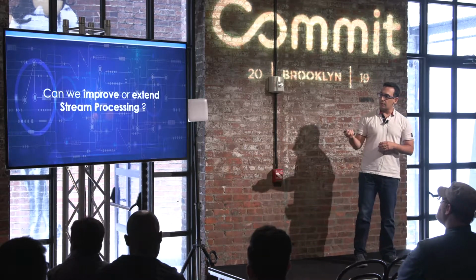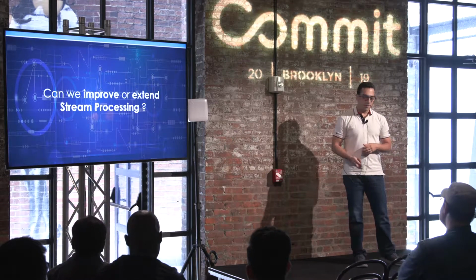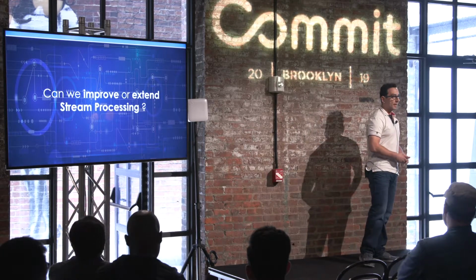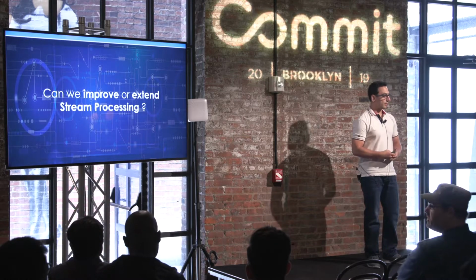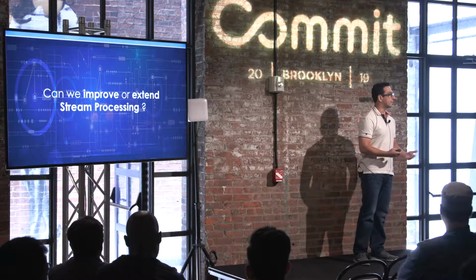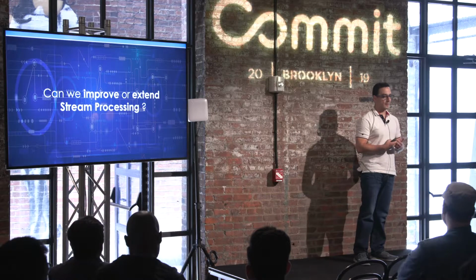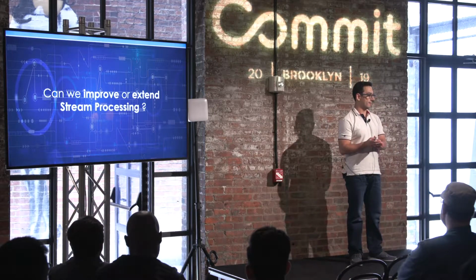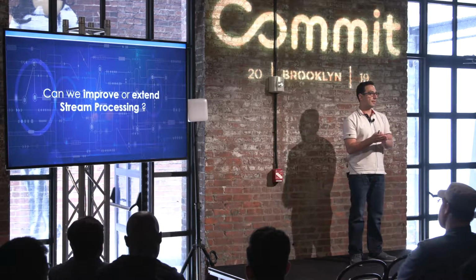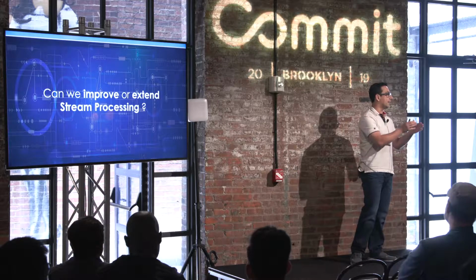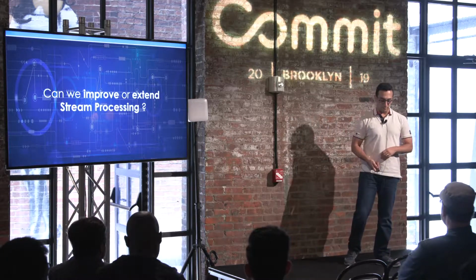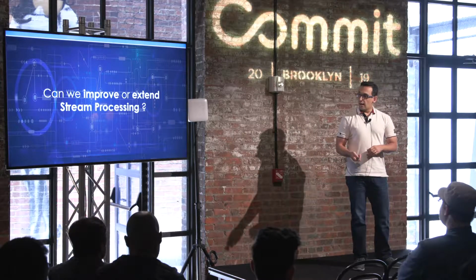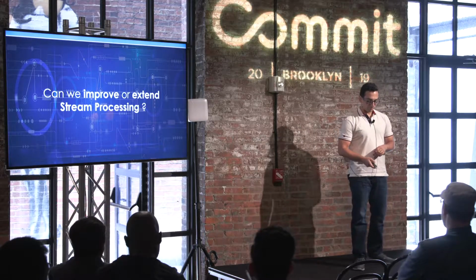But how can we improve or make this better? Can we extend the stream processing? Can we make it better? If you have deployed Kafka, Apache Spark, or even think about Elasticsearch, in my opinion, those solutions are quite heavy, right? For some things that maybe you can do in a different way, in a lightweight mode. So how can we make it better in that specific place? And let's discuss logging.